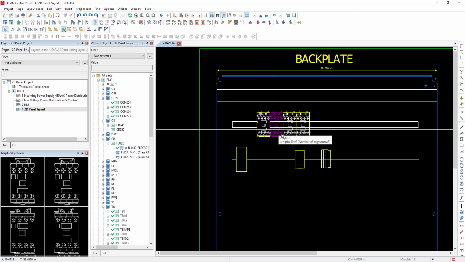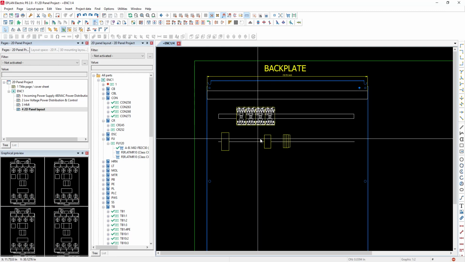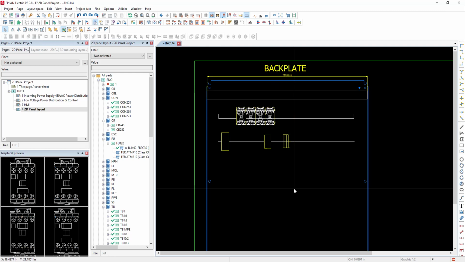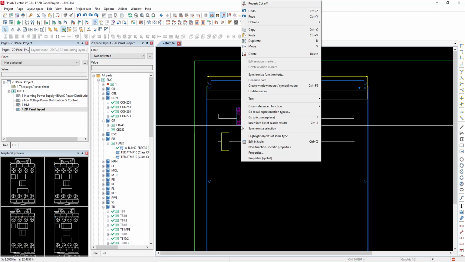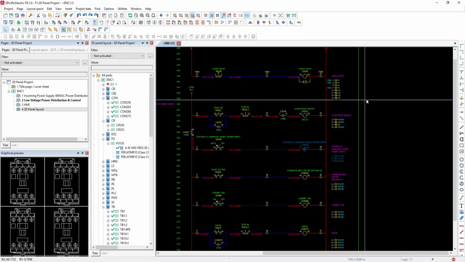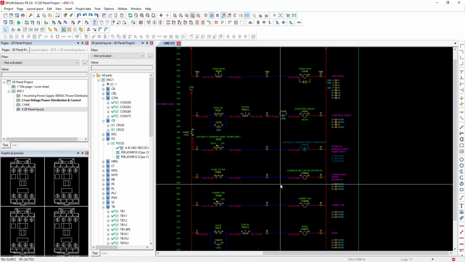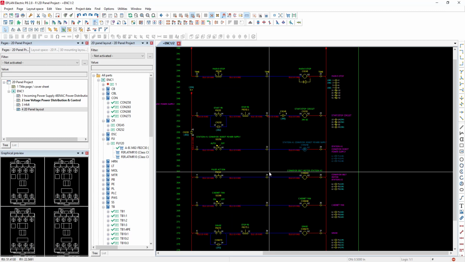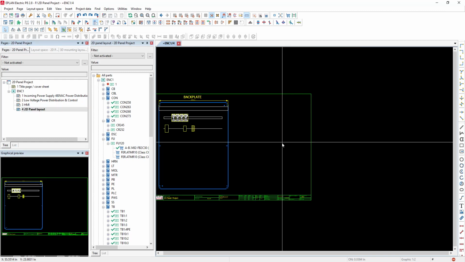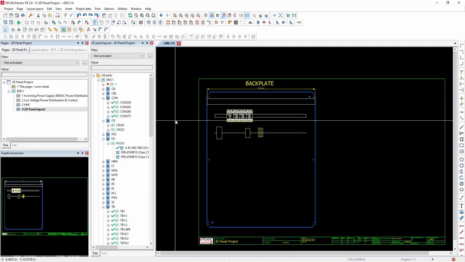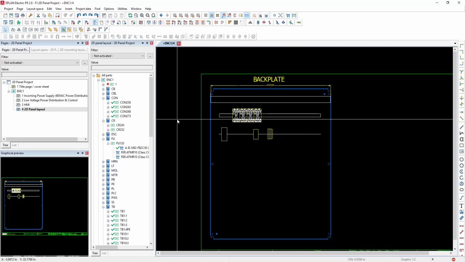So hopefully this gives you an understanding of the 2D panel layout functionality. Again, you still have the navigator, which is great. I can drag and drop. I still have the link between the devices from the panel layout to the schematics, so there's a tie there. That's pretty good. You can still do enclosure legends. You can generate them, and of course you can still do work in this fashion. So hopefully this again gives you a little bit more of an understanding, and yeah, we'll be looking forward to